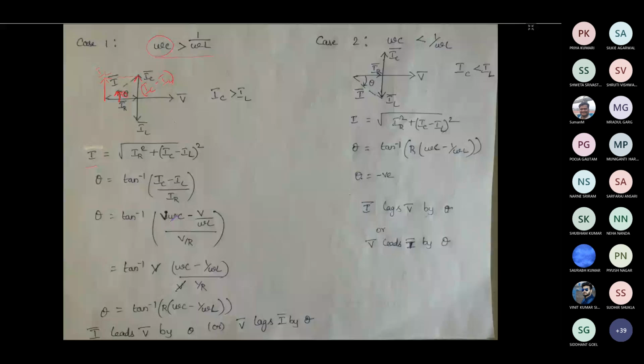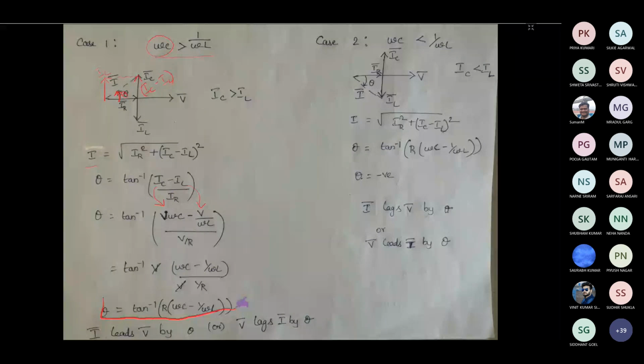So you can use this. Already we know what is V_C. From the previous page we have found V_C and all. So from that we can write it. Okay, so these things we can take from the previous page. So you just substitute for I_C, I_L and I_R. So depending on that, again we can find the theta.